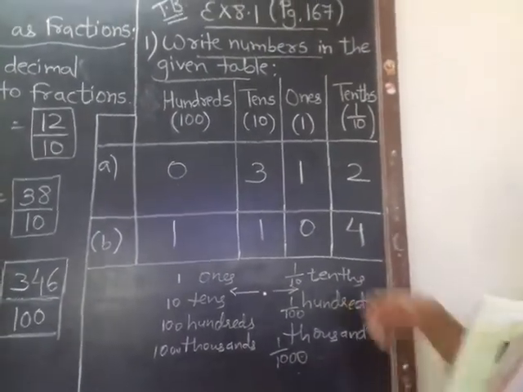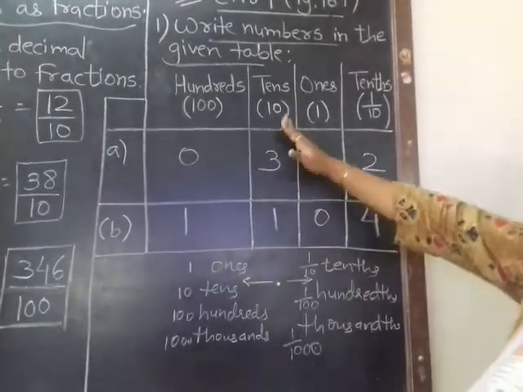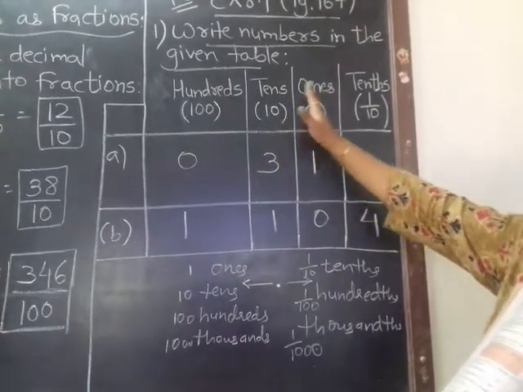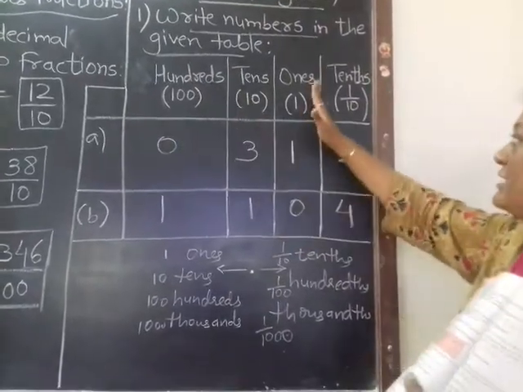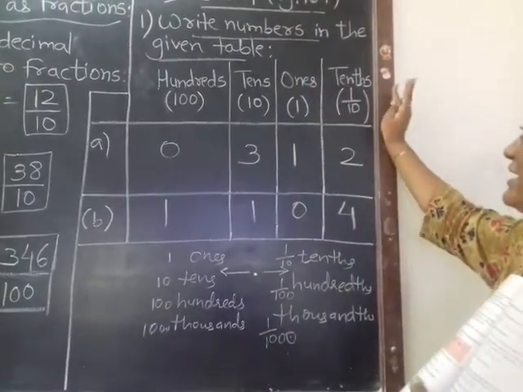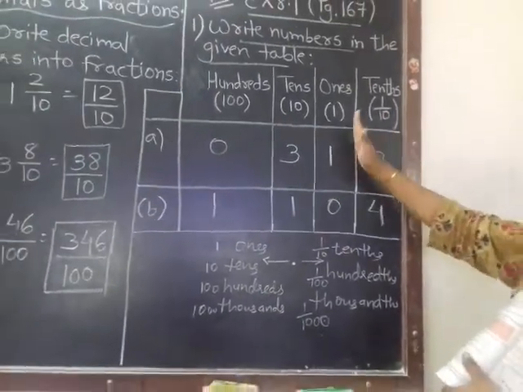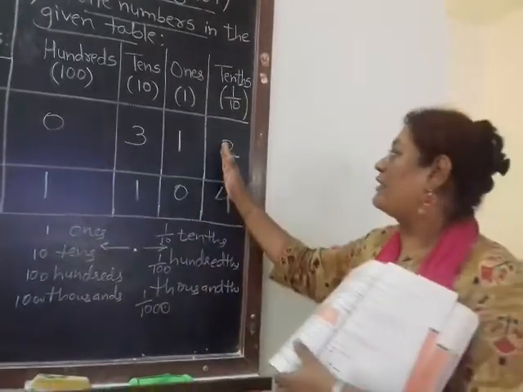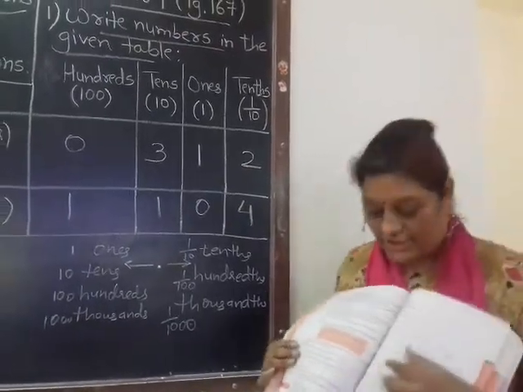Right? So here, as they have given two diagrams, one will start with tens and another with hundreds, we have to make a place value table. This is called a place value table. They have given ones, tens, hundreds. So 1, 10, 100. And this is after the decimal point, that is tenths, as we are going to learn, 1 upon 10. So the numbers which are after the decimal point, written as tenths, have to be written in this place value column. Clear?